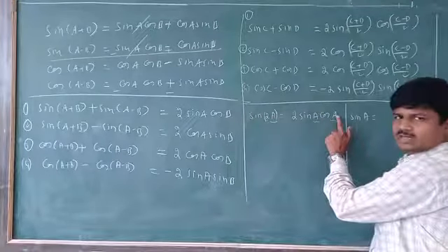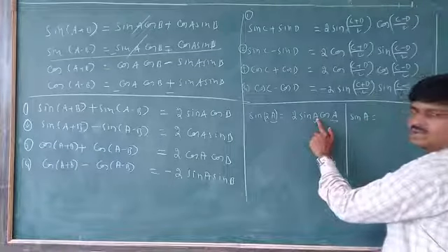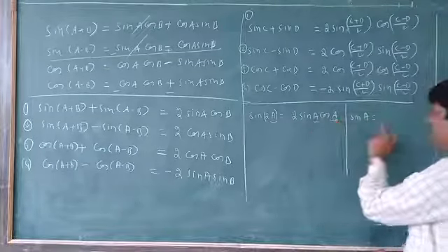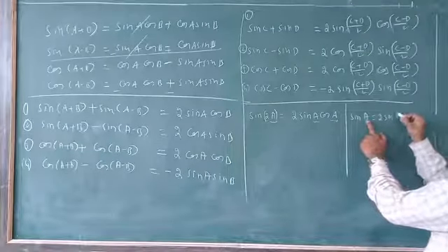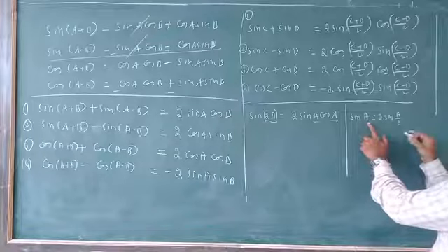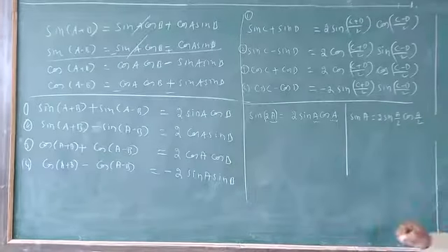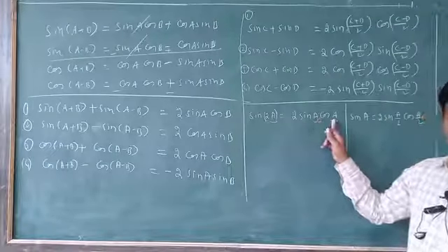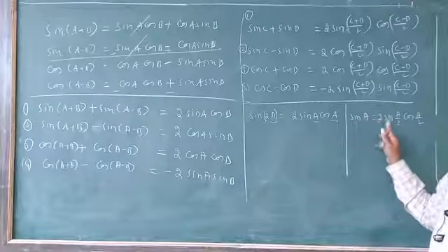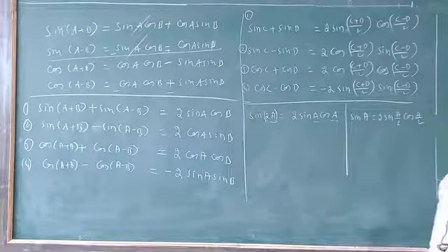A you got. It is a. In this 2a, half you got here, one half here you got. Here also the sin a formula is 2 sin, it is a by 2, and cos a by 2. Sin 2a formula is 2 sin a cos a. Sin a formula is 2 sin a by 2 cos a by 2.